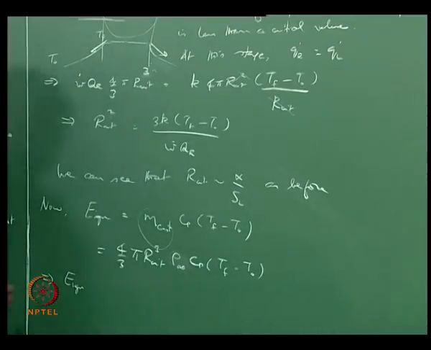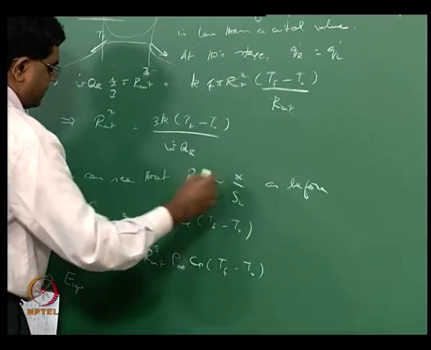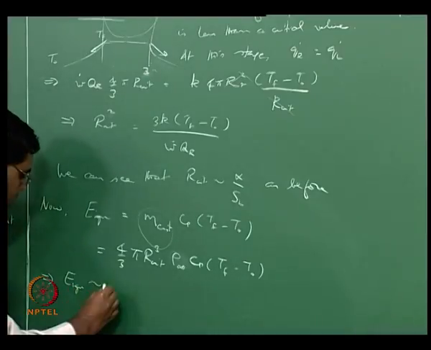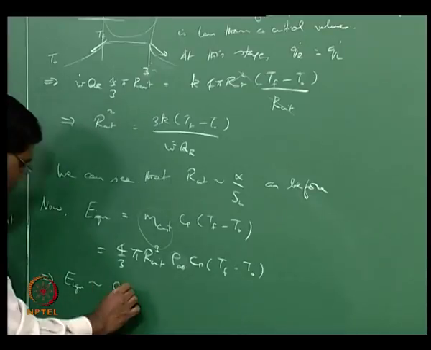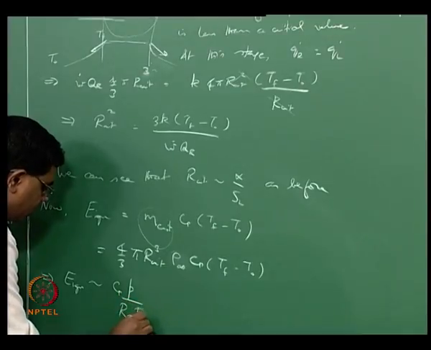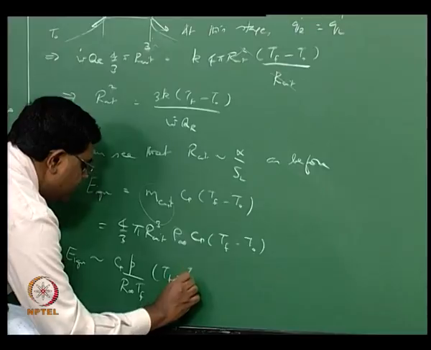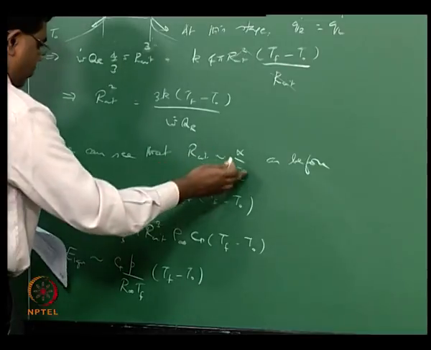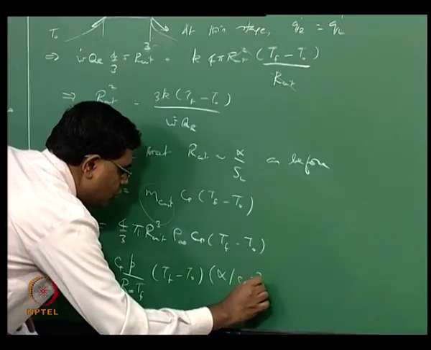And so what we see, because we are looking back again at the R crit going as alpha over SL as the dependence, this depends on, keep the Cp, and write your rho infinity as P over R infinity Tf, and keep the Tf minus T naught, and then look at R crit. R crit is nothing but alpha over SL as a dependence. Therefore this is going to go as alpha over SL the whole cubed,